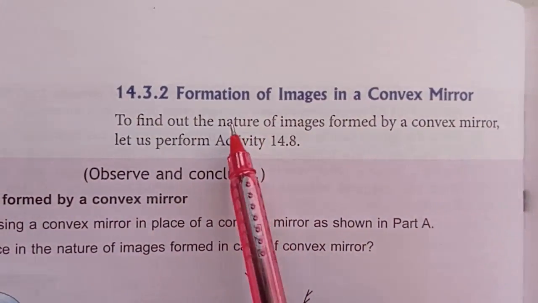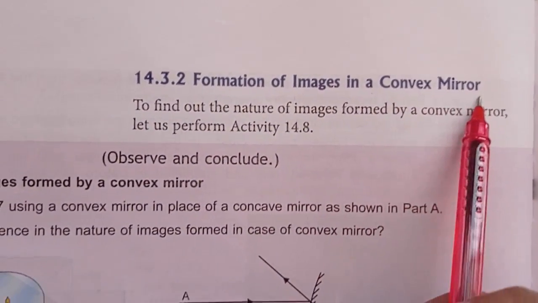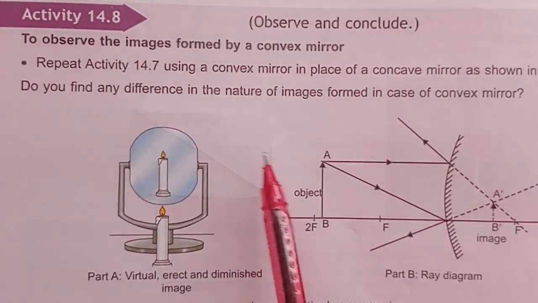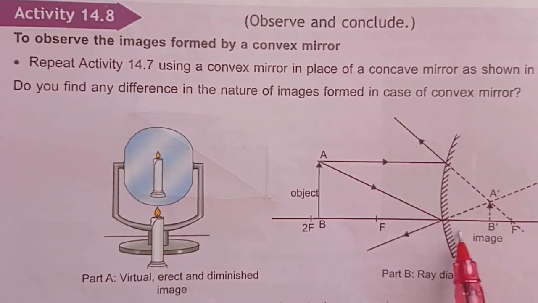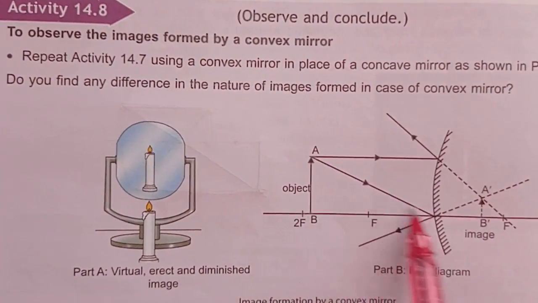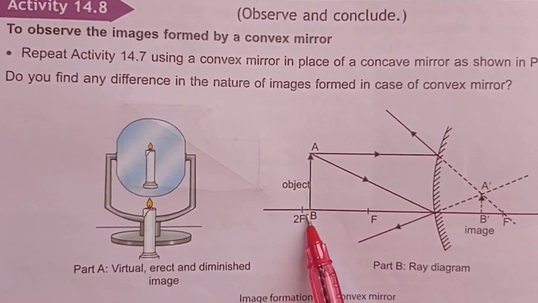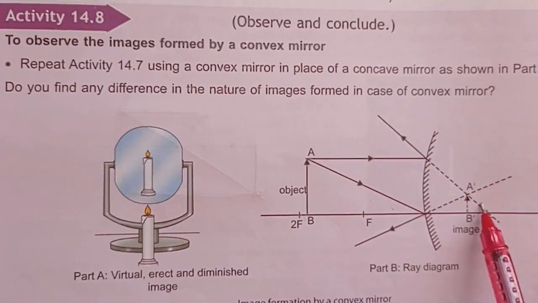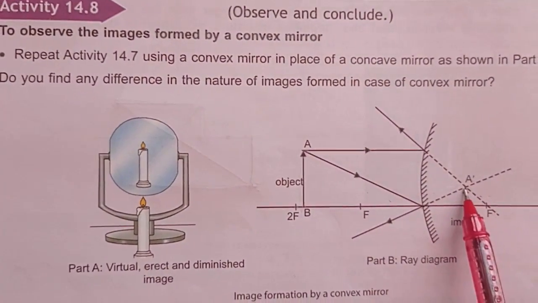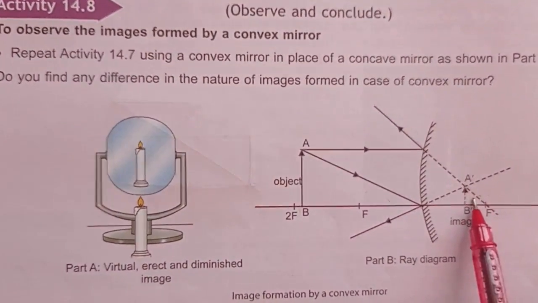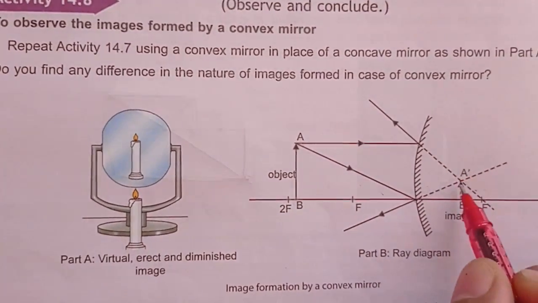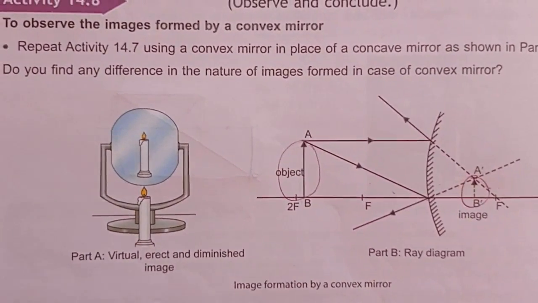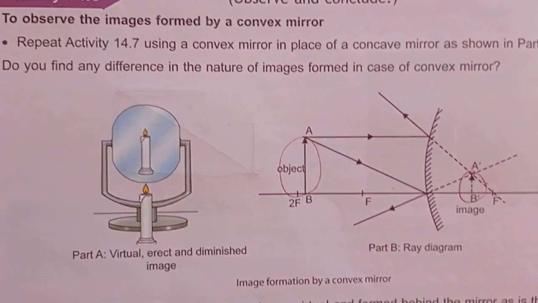Now students, we will discuss the formation of image in the convex lenses. Okay, so first convex mirror. First what we are doing here, we are putting the convex lens. Okay, and here we are putting the object here, right? The rays are coming back and we are getting the image on the other side. So it would be the virtual image. A virtual image is always erect and it is smaller than the object. So it is the image and it is the object size. Okay, so it is very small, you can see over here.